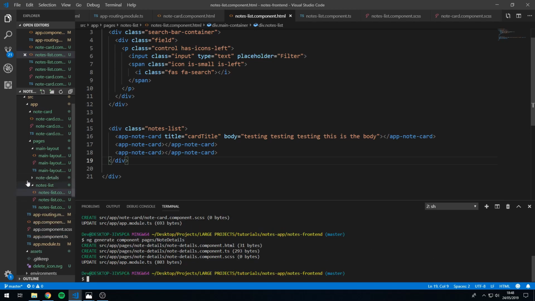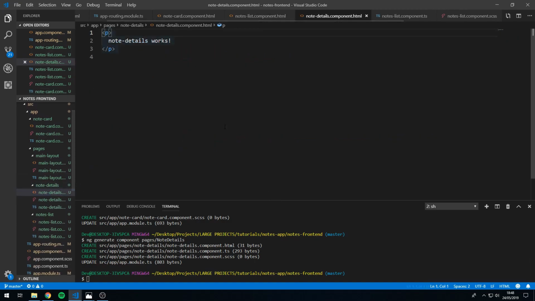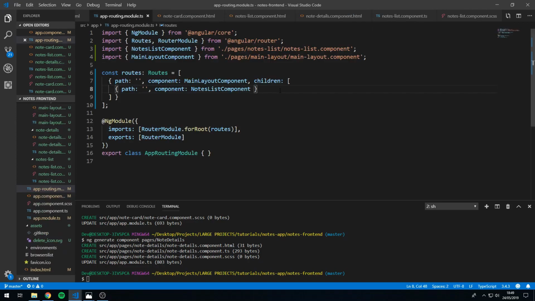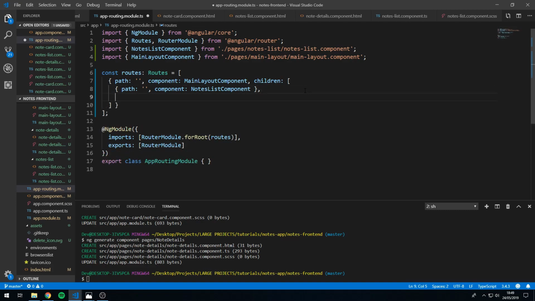Okay, so now that's here, and let's go to the template here, and we have this placeholder text here. Before we create this note details page, let's go to the routing module and set up the route for the note details component. So let's go here and let's put a comma here, and let's create a new route object and set the path